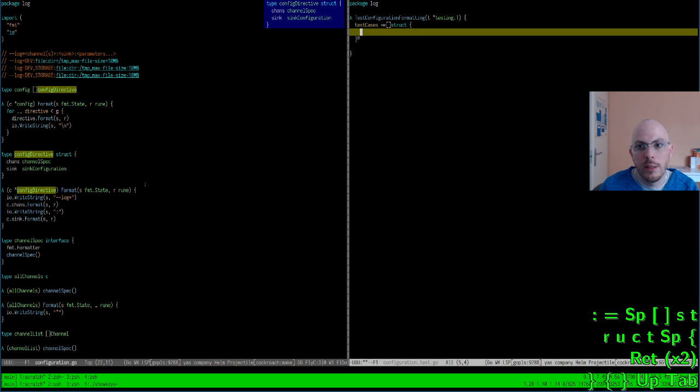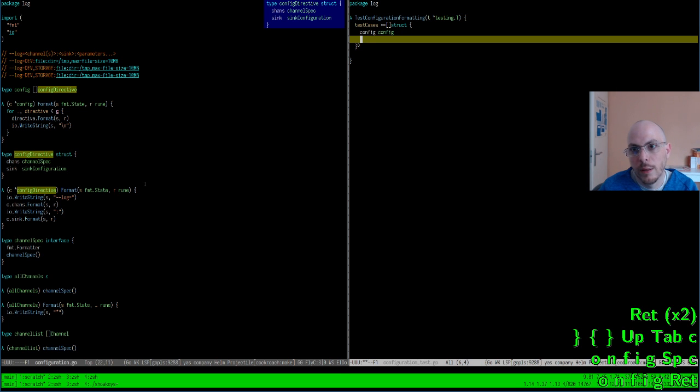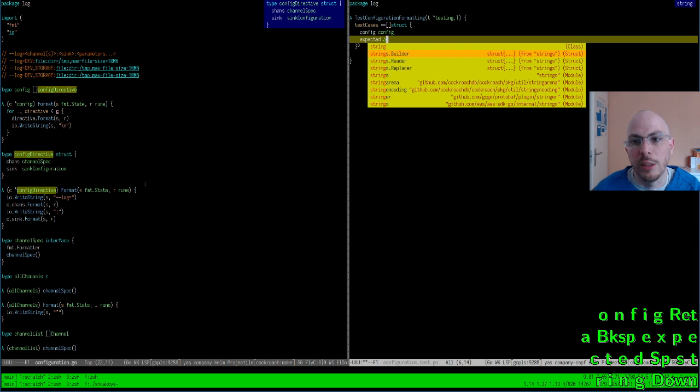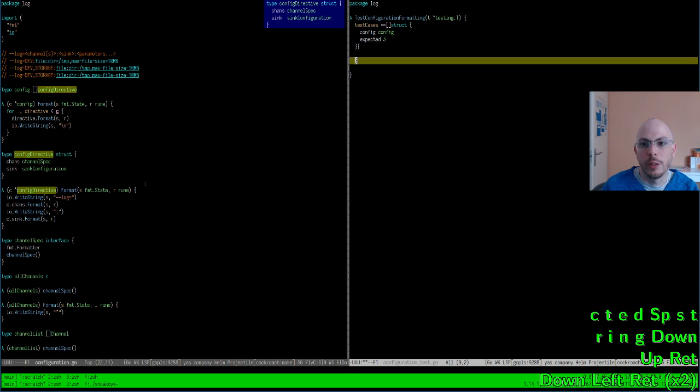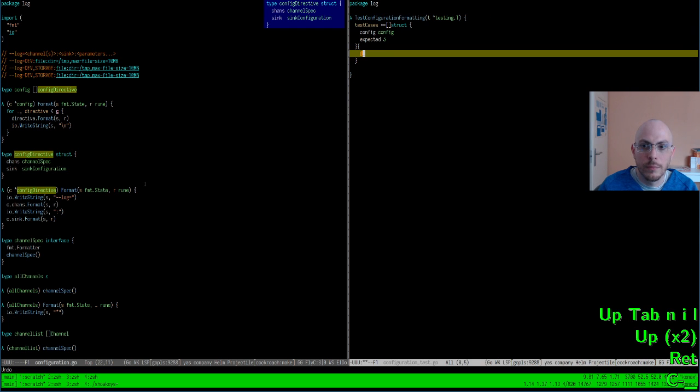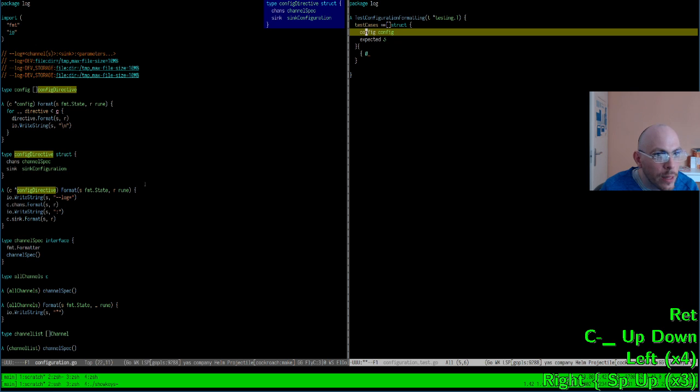And each of the test case is a config, and then an expected representation for it. The nil config is valid, I think.